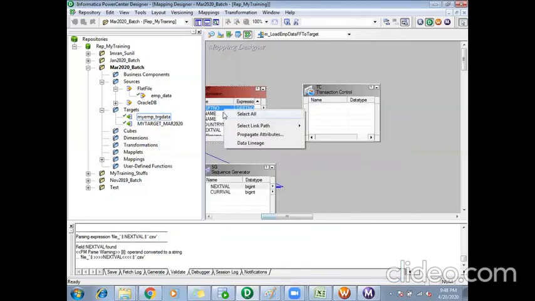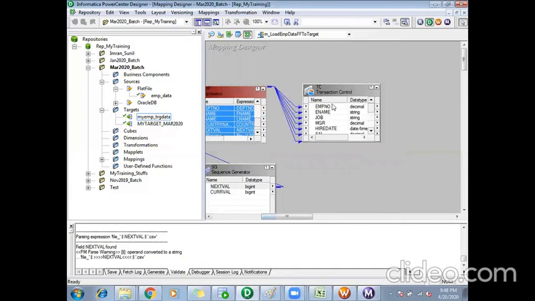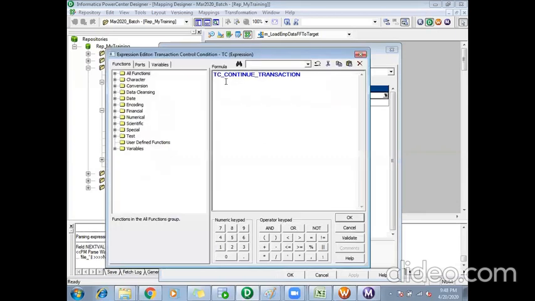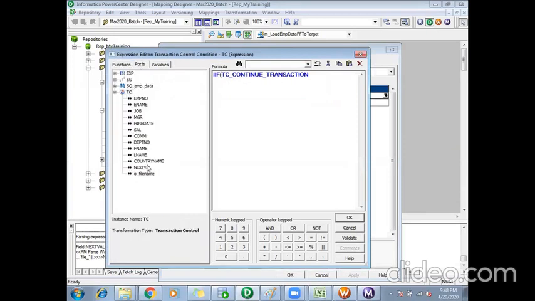Then I'll take my transaction control. I'll select all, move to my transaction control. Now in my transaction control, I will say if next val equals to 10, commit after.